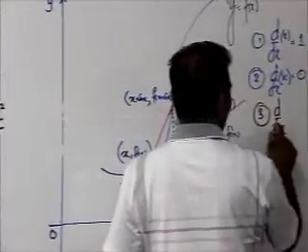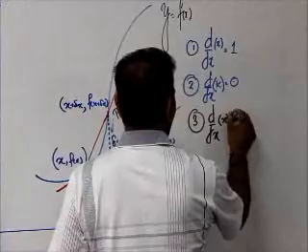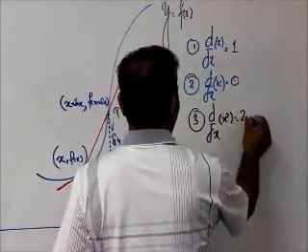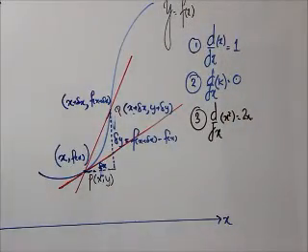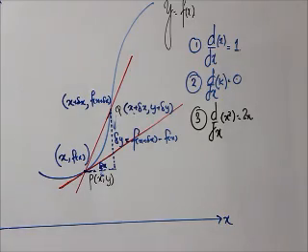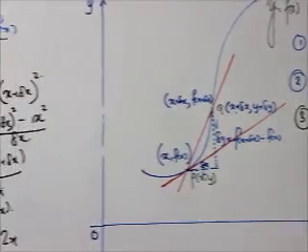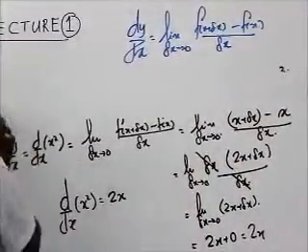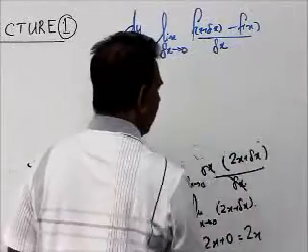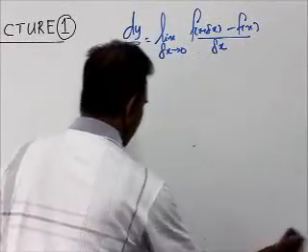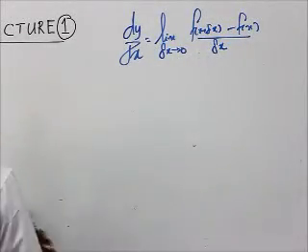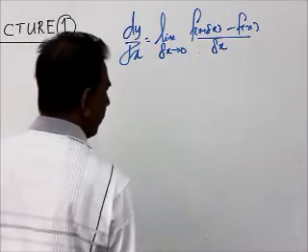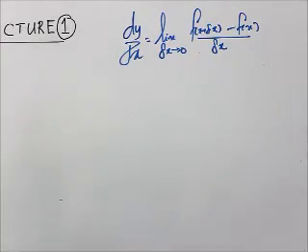So the derivative with respect to x of x squared is equal to 2x. The next one, x cubed. So we will do x cubed. After that, we can derive the formula for x to the power n. We will try for x cubed also. Then from these results, we can finally reach the conclusion for x to the power n.